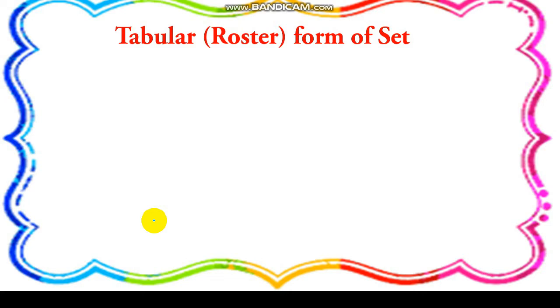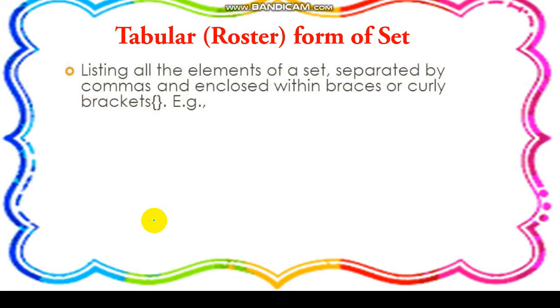What is the tabular or roster form of a set? How can we represent a set in tabular or roster form? In tabular form or roster form, we list all the elements of a set separated by commas and enclosed within braces or curly bracket. For example,